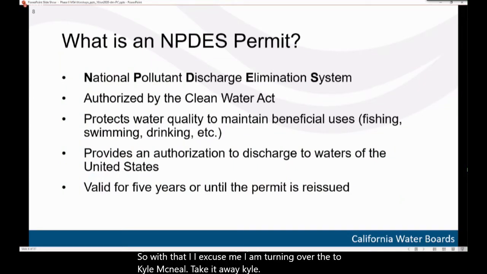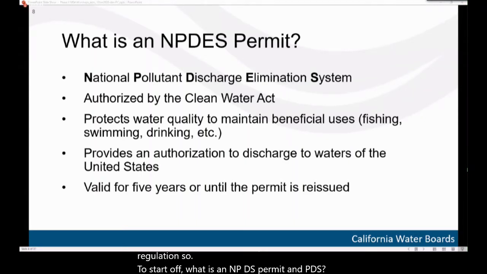Hi, everyone. My name is Kyle McNeil, and I'm going to give a little bit of a background on the permits and kind of where it lies in the history of water quality regulation. So to start off, what is an NPDES permit? NPDES stands for National Pollutant Discharge Elimination System, and it's